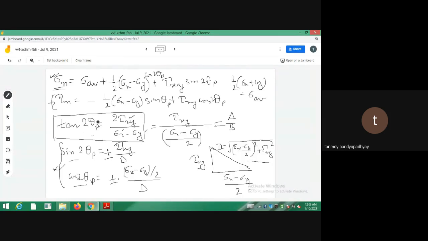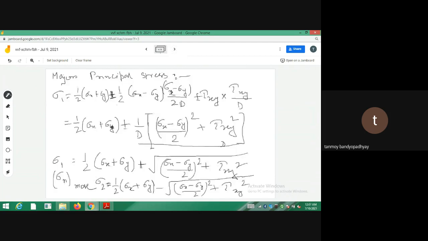So now you calculate, since in this expression you are having sin theta and cos theta, you initially calculate the expressions for sin theta and cos theta. So you put the values. So you are getting these values. Since again you can have both sin and cos positive, or you can have both sin and cos negative. So first I put both the positive values, or directly you can put it plus minus also. So if I put the positive values, I should be getting this one with a positive sign. And if I put the negative values, I should be getting the negative one.